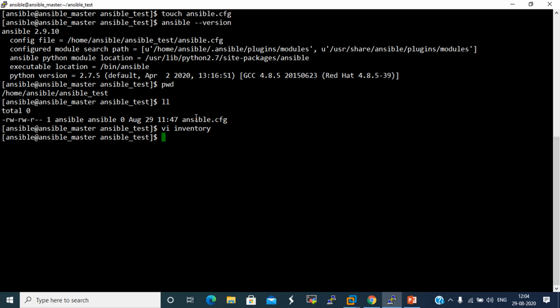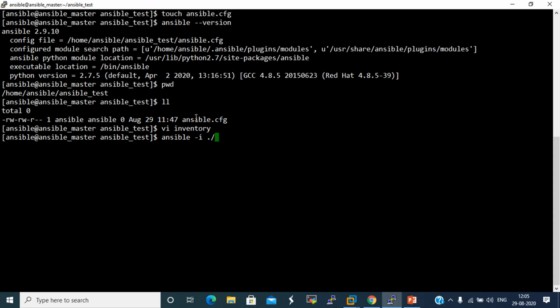Okay, we have created one file, the inventory file. Now we will execute a basic command for checking purposes. To give your customized inventory, you have to give the location using the -i tag.